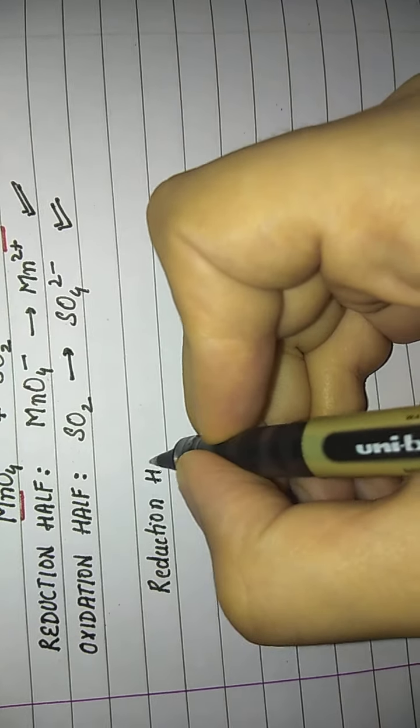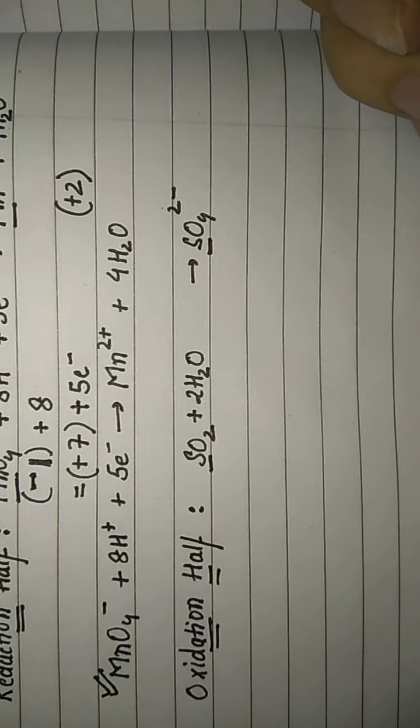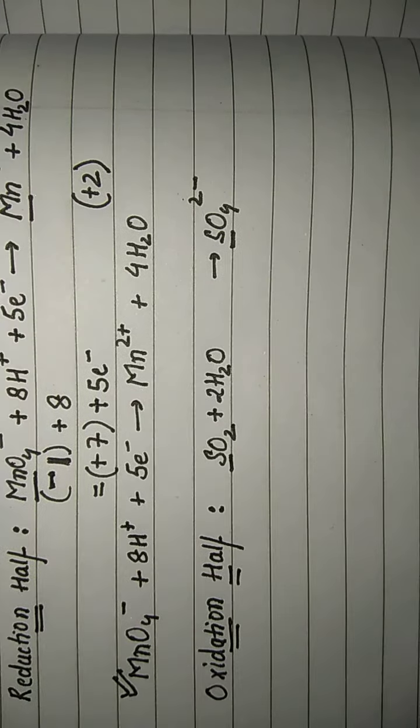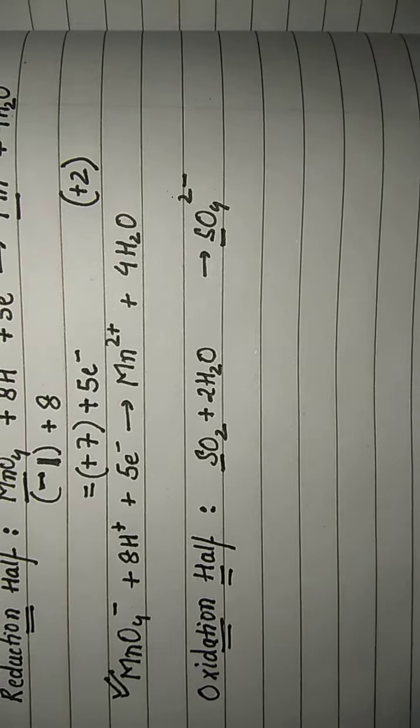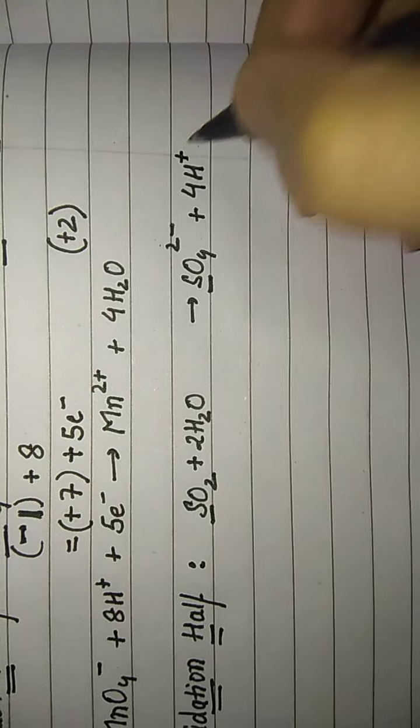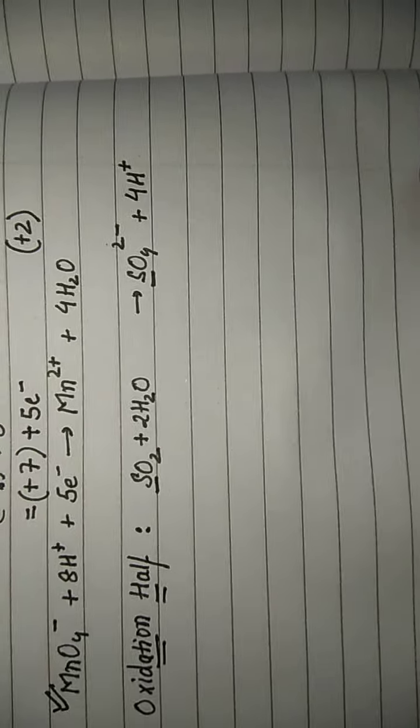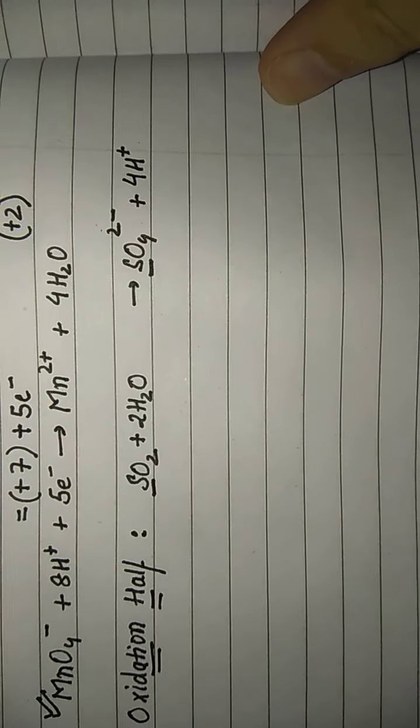By adding 2 water molecules. 2 oxygens from here and 2 oxygens from the water molecules, giving you a total of 4 oxygens on the left and 4 on the right you already have. Okay, so oxygen is balanced. But in balancing the number of oxygen atoms, what I realize is that on the left hand side I have got 4 hydrogens also. So what I do to the right hand side, I add 4H plus. Alright, now oxygens and hydrogens have been balanced.